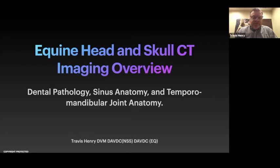So I am first going to start out by saying that I'm not a radiologist. I'm a veterinary dentist. So a lot of what we're going to do today is going to be based on the clinical cases that we have seen at the vet school or have come to me over the last year or year and a half. And so I've tried to make this very clinical, but there are some points that we need to start with. So if we go to our agenda,